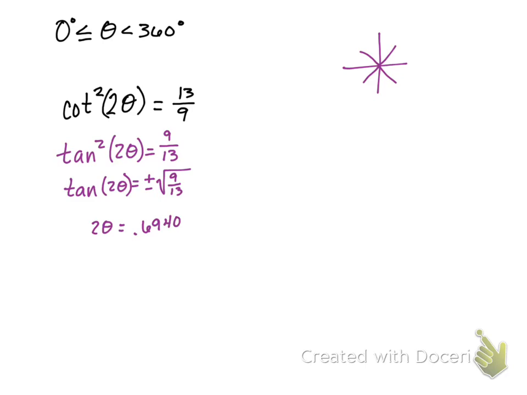We need to figure out our reference angle, so we're going to do our 3.14 minus 0.6940, get 2.446, 3.14 plus 0.6940, 3.834, 6.28 minus 0.6940, 5.586. And now to get our second set of angles, we can just add